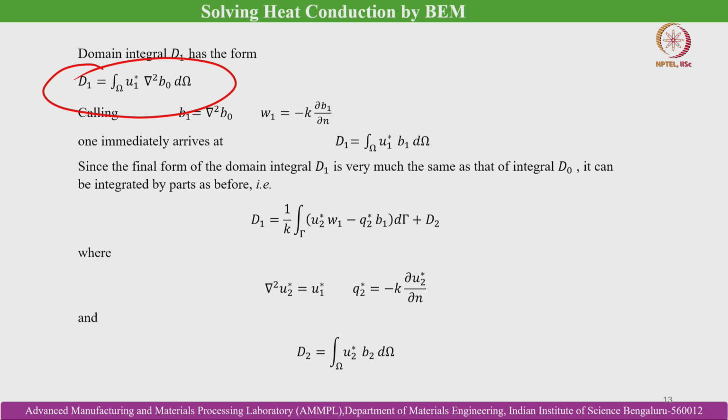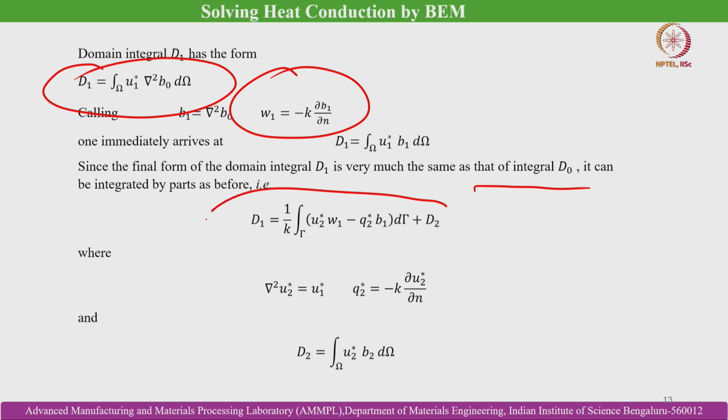So, calling b1 is equal to grad square b0 and w1 is equal to minus k del b1 del n. So, one can arrive at that d1 is equal to integration omega u1 asterisk b1 d omega. Since the final form of the domain integral d1 is very much the same as that of the initial integral d0, it can be integrated by parts as before, and then we can come to the form of d1, that